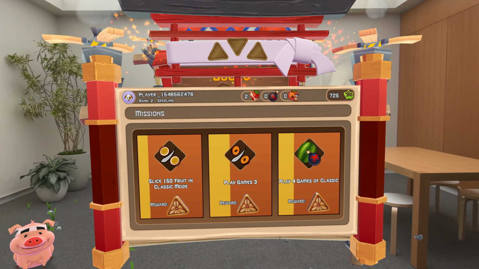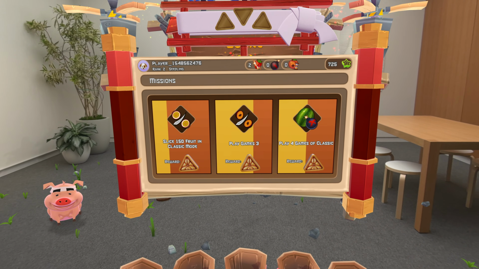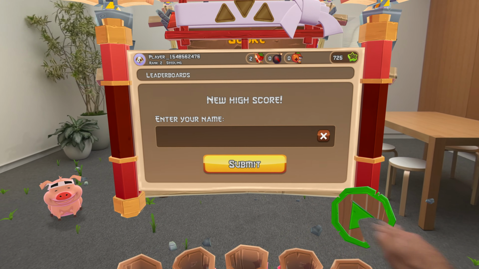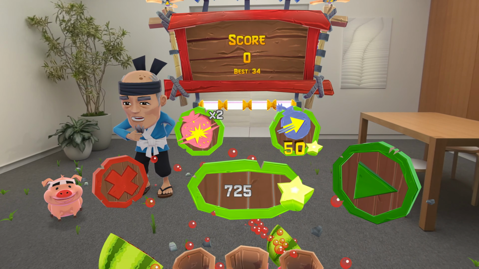Indirect input can make for a great sit-back experience when you're playing a game. But sometimes direct input makes sense. Maybe because your game is meant to be high energy. And besides, direct interaction with virtual objects can be a lot of fun. This is Super Fruit Ninja, where you slice flying fruit along with the menu buttons. The game is designed around direct input.